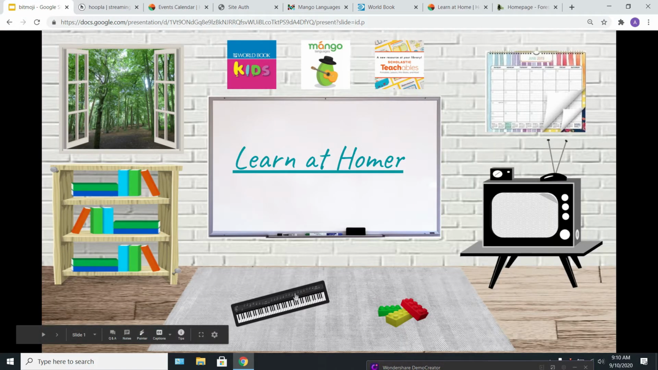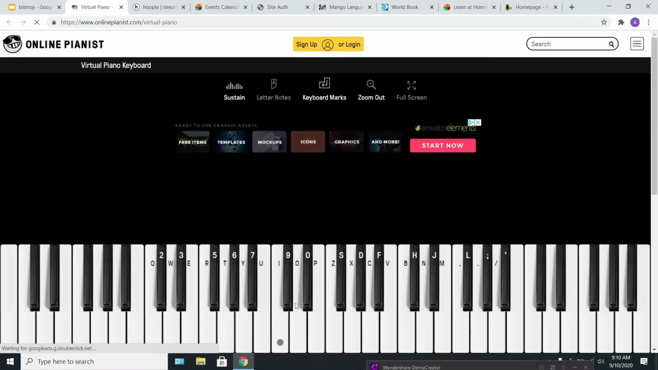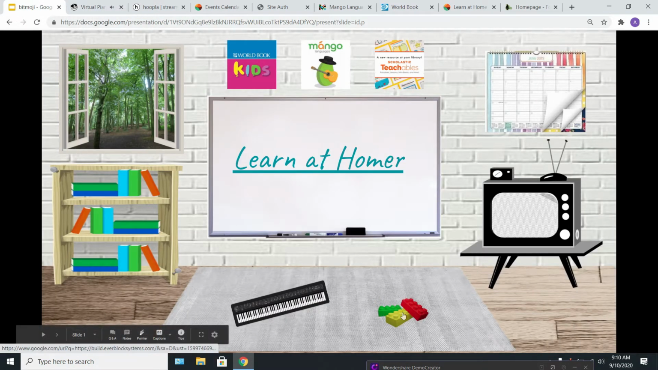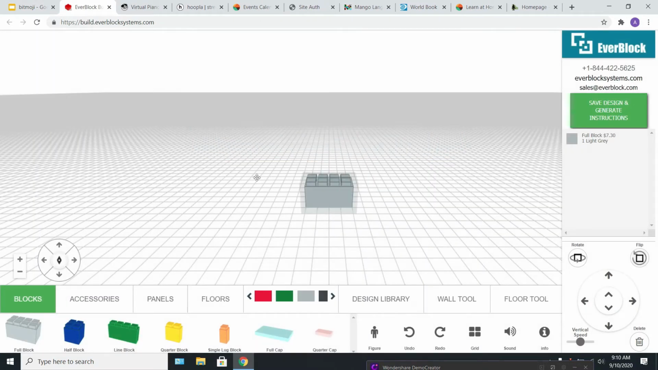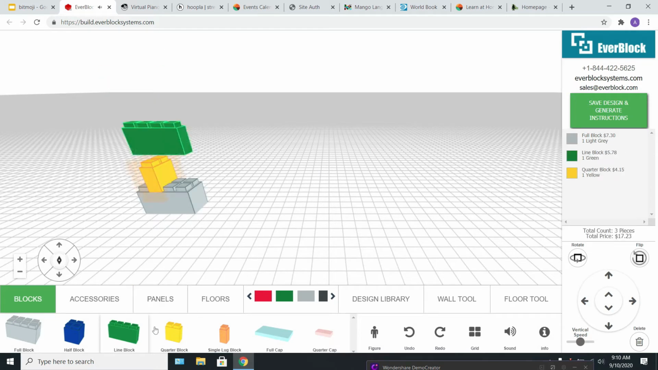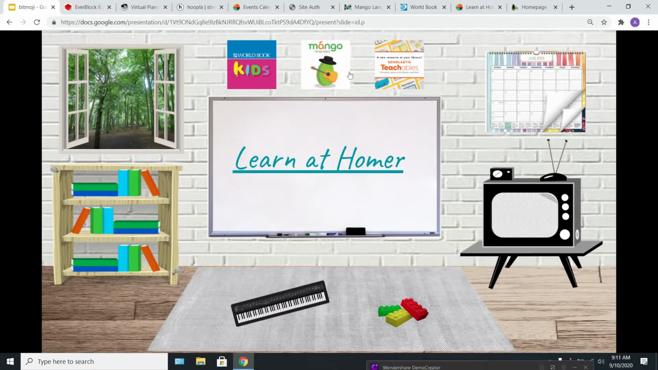And then here on the rug, we have a little keyboard, and it takes you to somewhere where you can go ahead and play a keyboard. Go back, and we have some Legos on the ground. And here's somewhere where we can pretend to build. So those are all just links to going to websites outside of our Google Slides, but here we have a